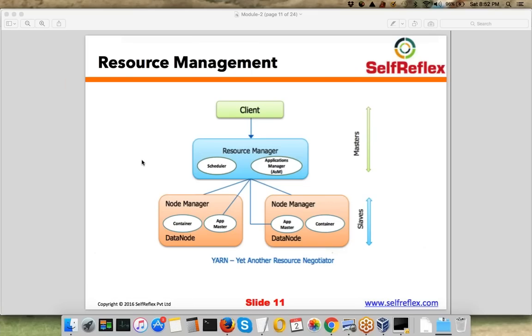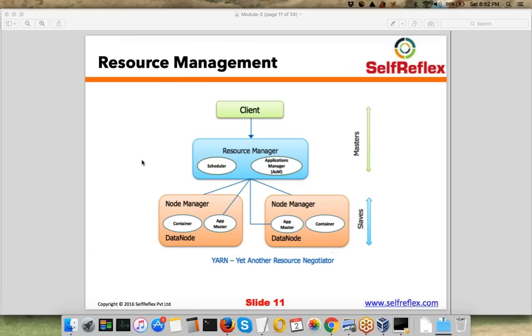Okay, Mahavir is saying, if RM fails, it can't communicate with app master even though the app master finishes. Yeah, that's correct, Mahavir. So if your resource manager fails, even if your app masters have finished, they cannot communicate with the resource manager. So that's a point of failure.